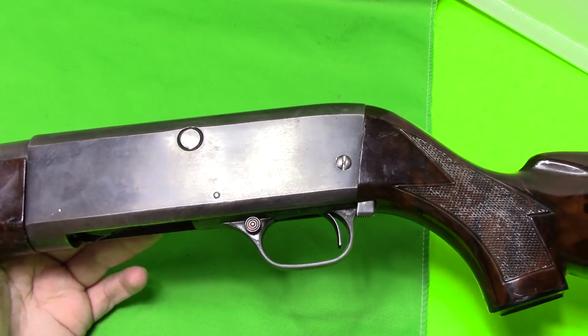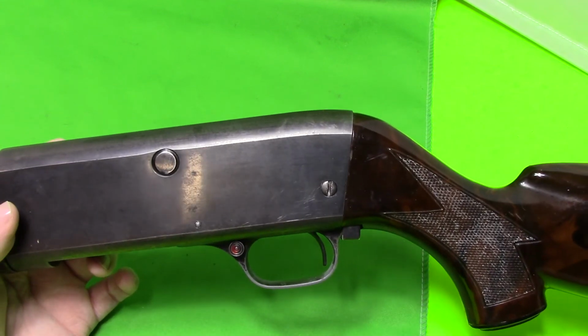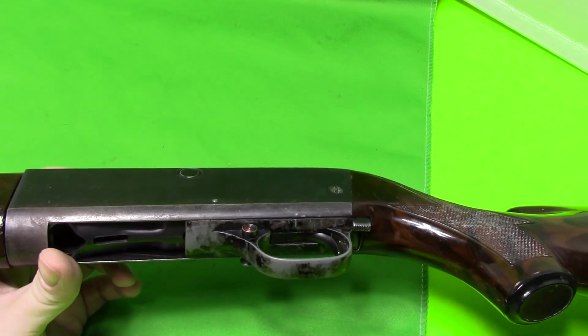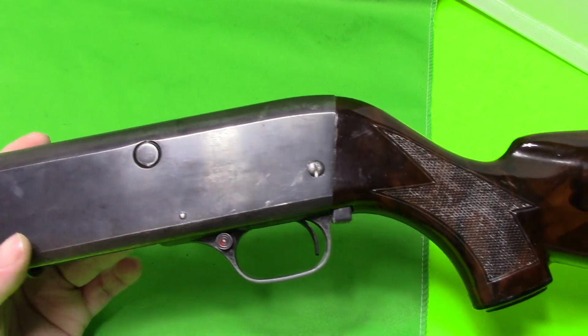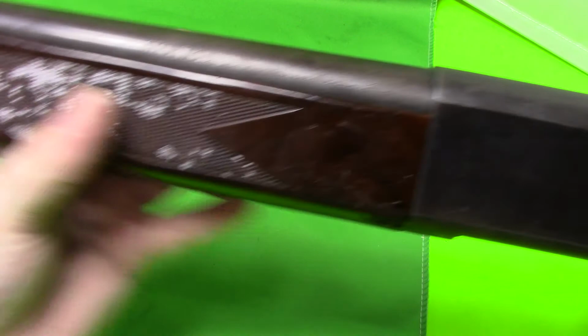I think it's because people just don't know what they are, and actually they're not really the best gun in the world either. So anyways, I just wanted to show a video on this neat old shotgun,